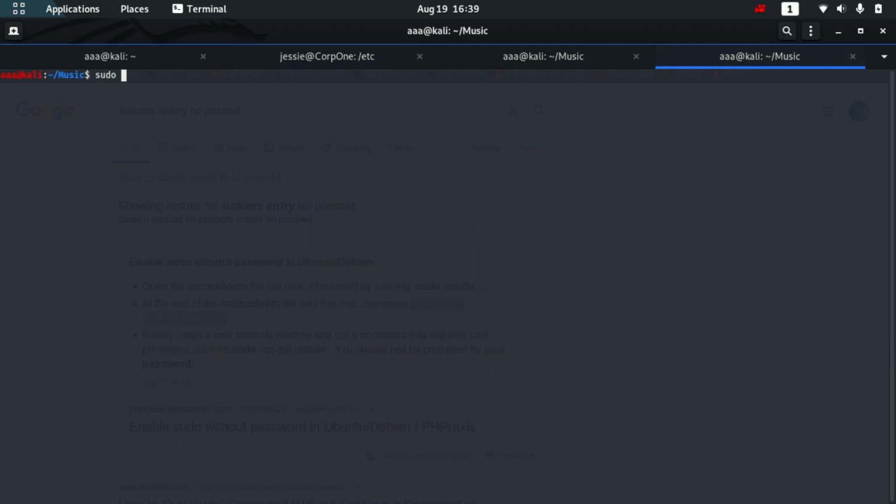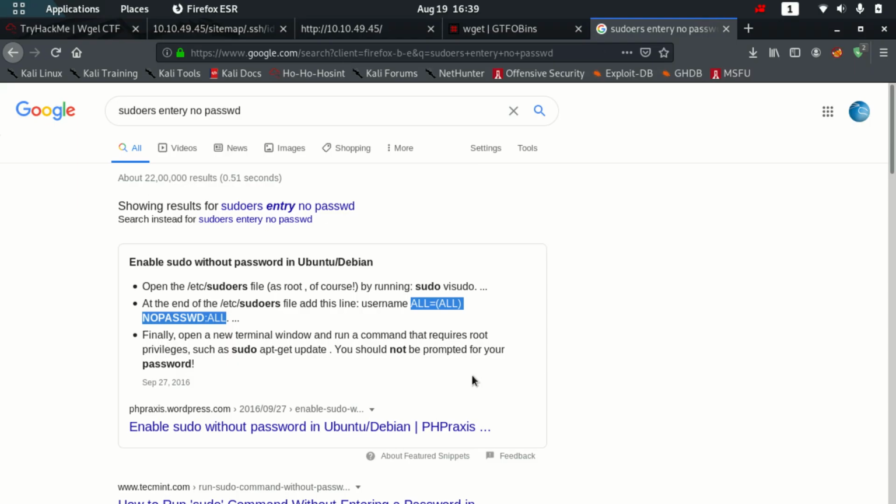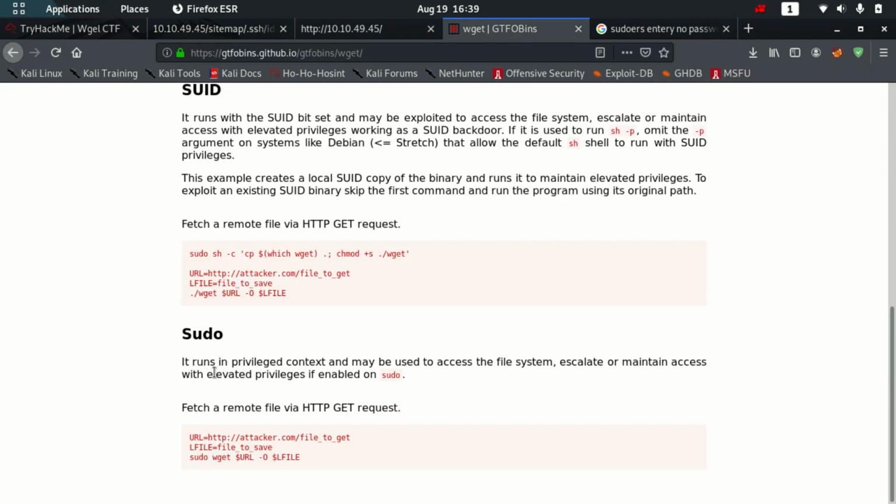So let me check my public IP, sudo ifconfig tun0, and this is my IP. Okay, so let's connect. So to connect, what should I do? I'll just get this file.